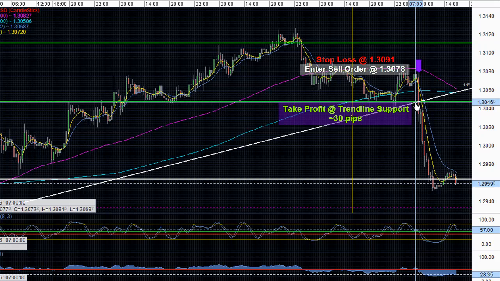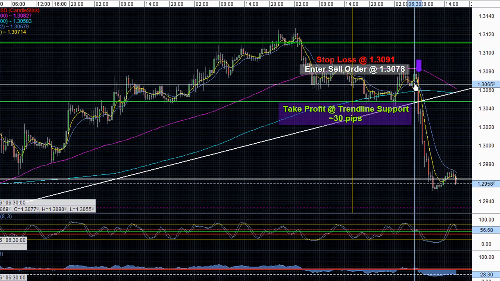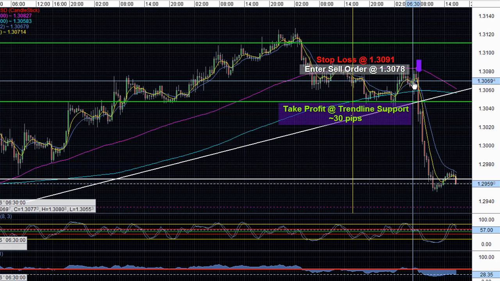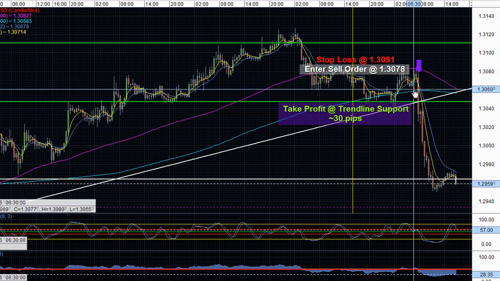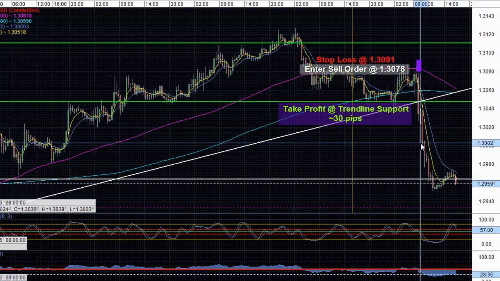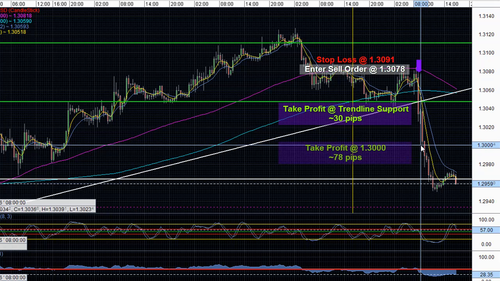But if you wanted to be a little bit more aggressive and take advantage of this bearish momentum in the price that was caused by the fundamentals that came out, then you could have also held on to this trade, and you could have closed out your trade or taken your profit when price had reached this 130 psychological level right here. You could have closed it out for about 78 pips, or you could have even been a little bit more aggressive if you were sort of an intraday trader.